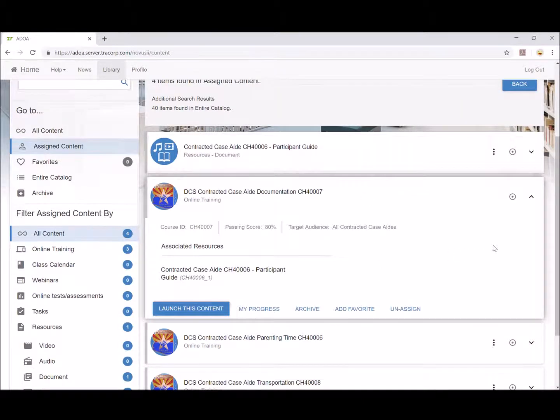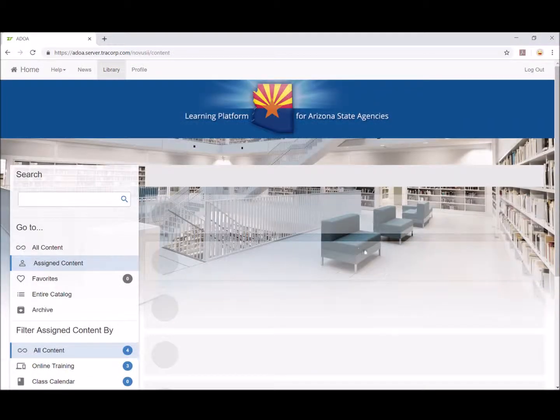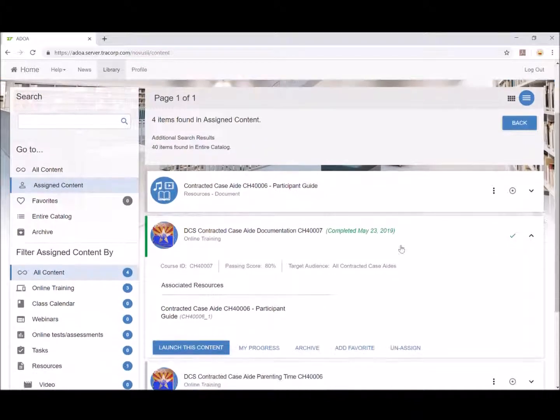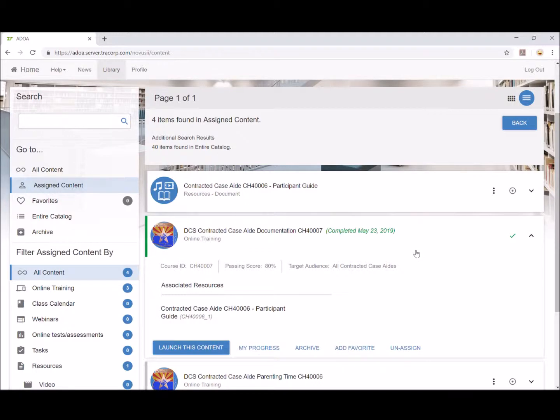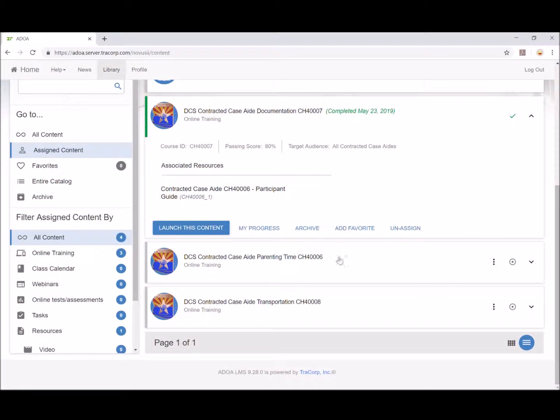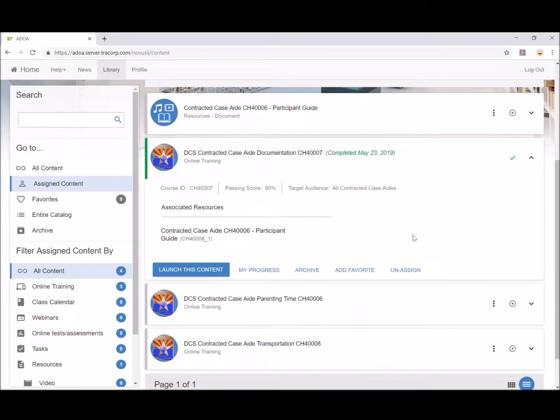Okay, so now I'm going to refresh this page and see what it tells me about my course that I just took. So it says it's completed on May 23rd. My progress, it gives me 100%. Okay? Alright. So that is what you're going to do for each and every one of these. Once you have all three certificates